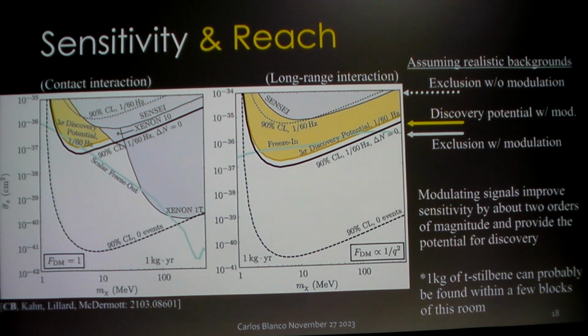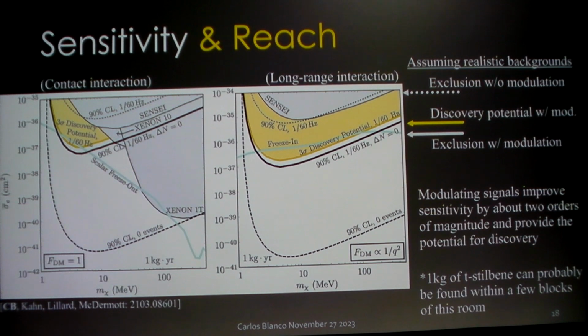And these projections are for background rates of the PMT or your photodetector that are very much pedestrian. These are not futuristic. These are something like a 1 per minute dark rate. Okay. So what kind of scale of an experiment is this? Is this like a paint can scale, or is it much larger? 1 kilogram is about this big. Wow. Yeah. Okay. And you might ask, is that going to be expensive? No, you can probably find a kilogram within 2 blocks of this place. This is found in every undergrad laboratory.